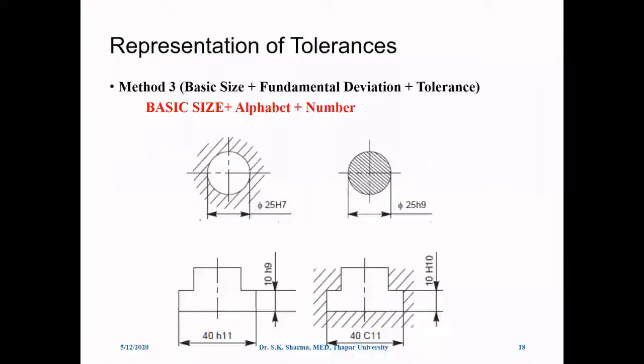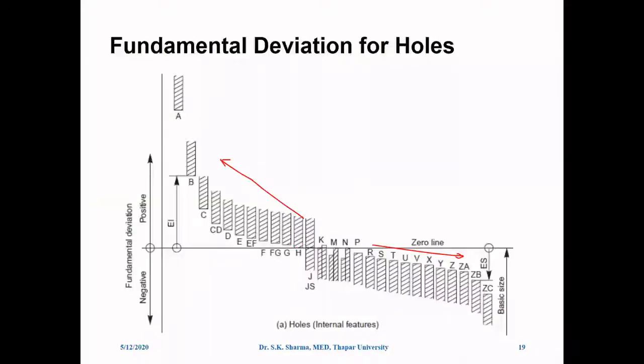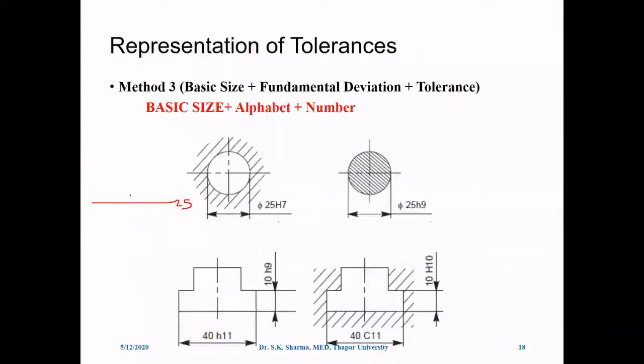Okay, now let us come here. So it means the basic size is 25. If you try to understand it graphically, that is the 25 basic size, right? Fundamental deviation is 0. Fundamental deviation means that the closest of the two, the minimum or the maximum size, is at a distance from here. So if this is my band, which represents this is my lower limit and this is my upper limit, let us say, right? So this is the fundamental deviation. In this case, this fundamental deviation is given to be 0.